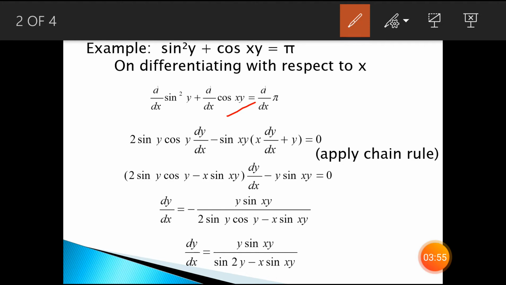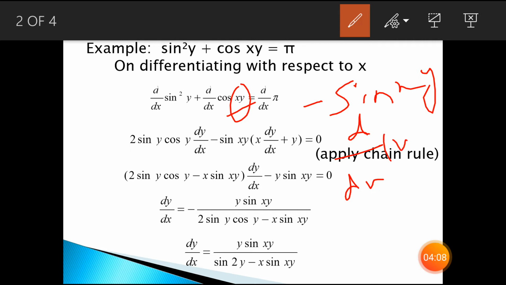So that will be minus of sin x, but in place of x we will write xy. Now because we are treating this xy as x, we have to re-differentiate. So d over dx of xy. Again I will remind you, if you are unable to understand it, go and watch my chain rule related video, you will understand it very soon. Okay, d over dx of xy.